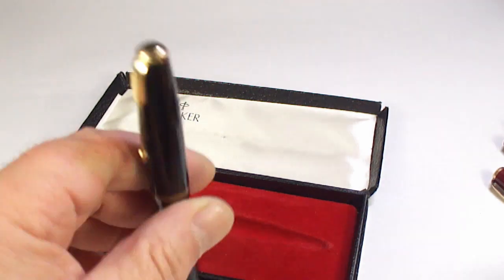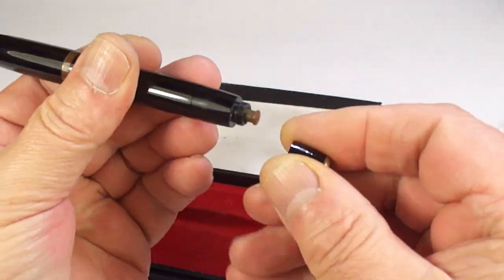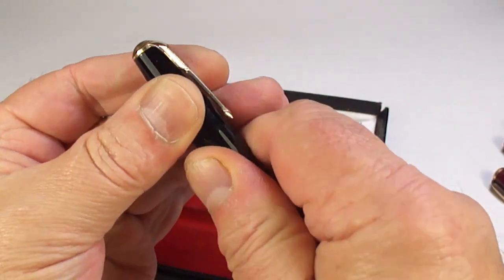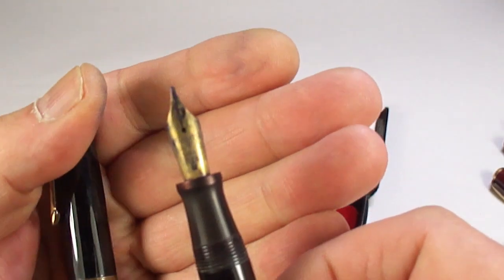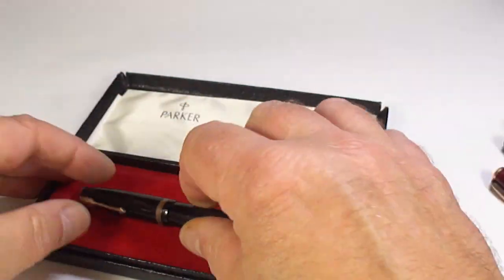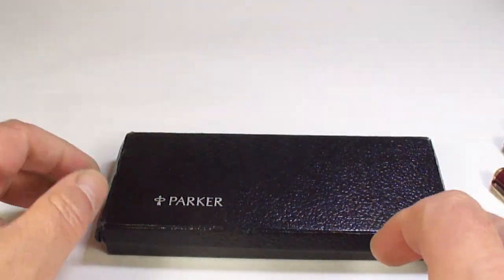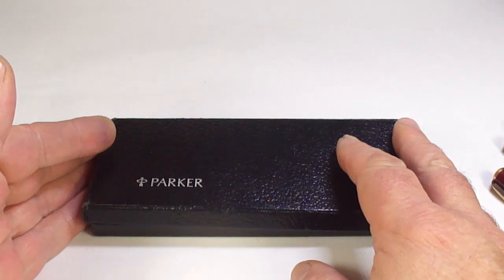Right, so what we've got is a Parker Duofold, and as you can see, it's a button filler. Little bit sort of tired and everything, like most pens. There we go, it's got the correct nib on it. Look, it's again very tired, just needs rejuvenating. Obviously it's not the correct box, but hey ho, it helps to protect it. So there we have it. So that's the pen haul from